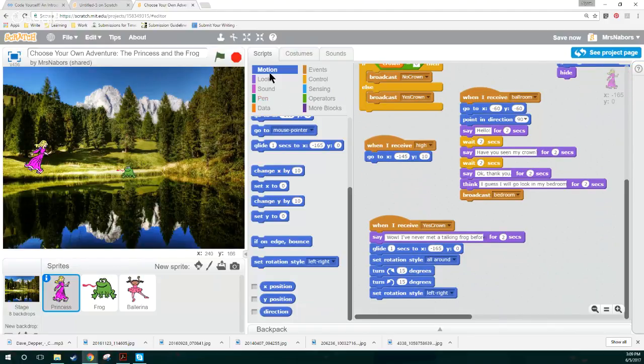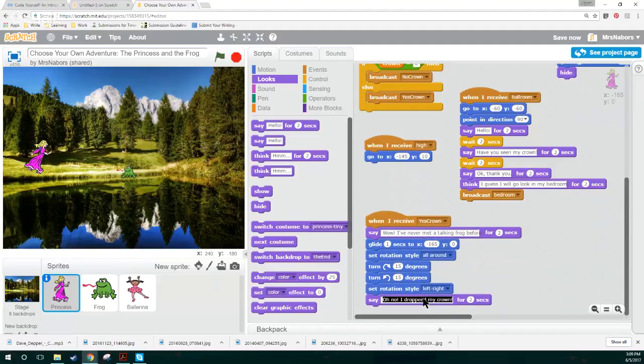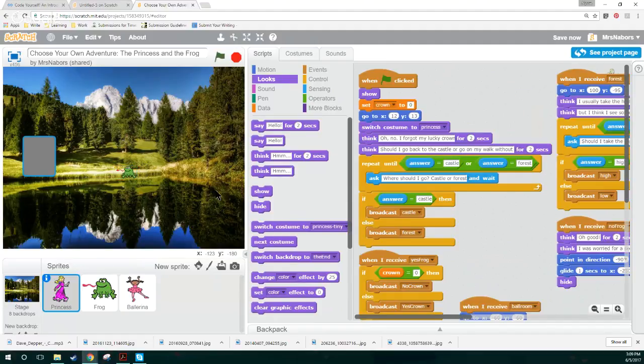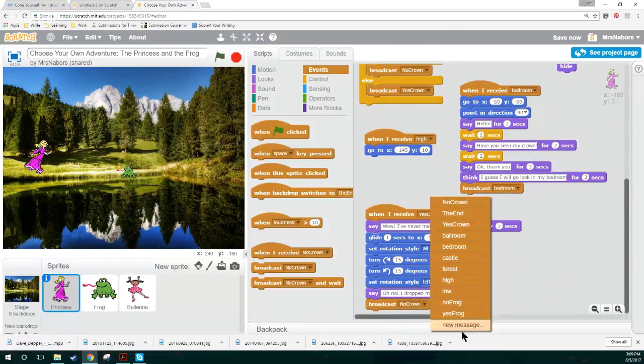And then she can say something like, "Oh no, I dropped my crown." Drop that, and it's another good chance to check for typos. And now we can go to the frog, or rather we can go here and broadcast a new message. We can broadcast